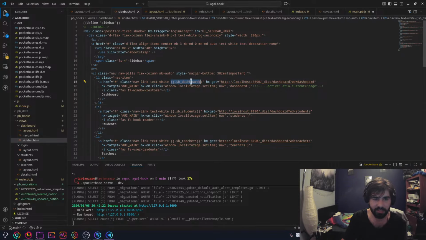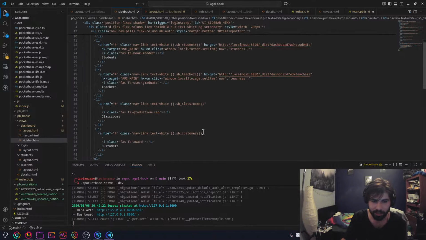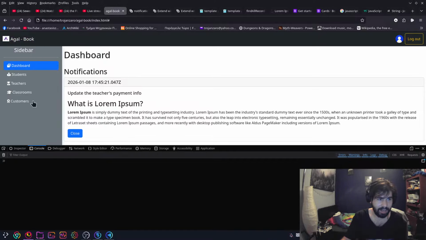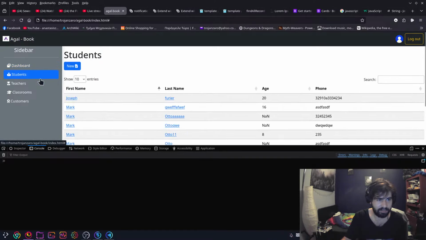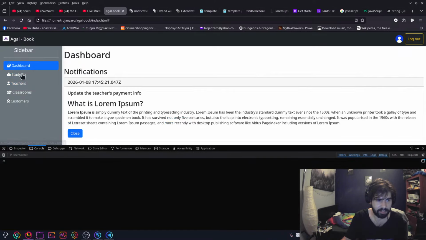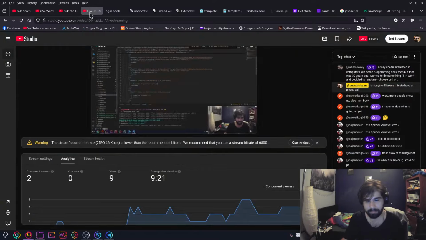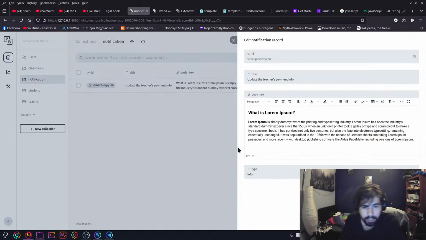It's this SB, just like the other thing was. It just constructs the string and then puts a little active afterwards, because that's the class for making it highlighted. So right now this is active, this is active, this is active, etc. This can't be active because it doesn't exist right now. So that was interesting.